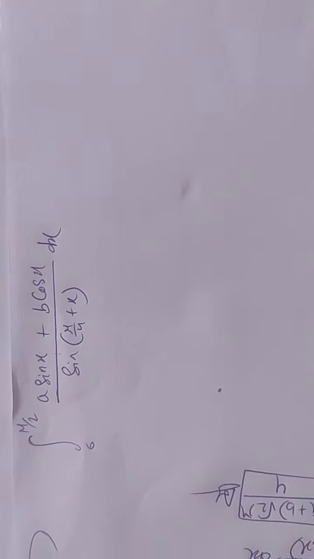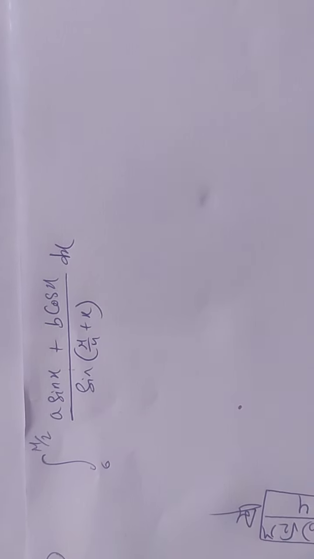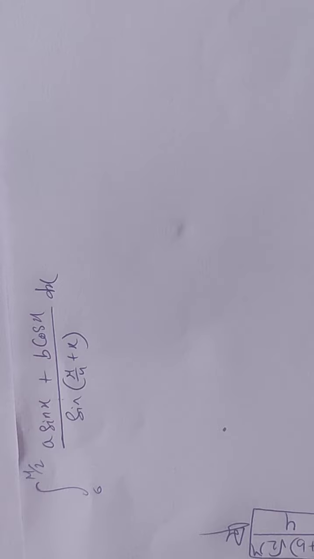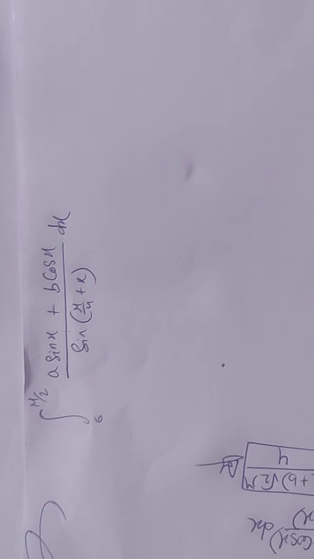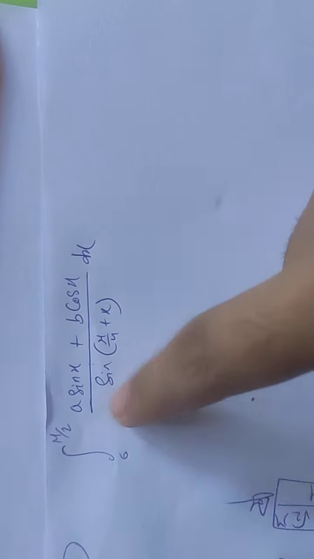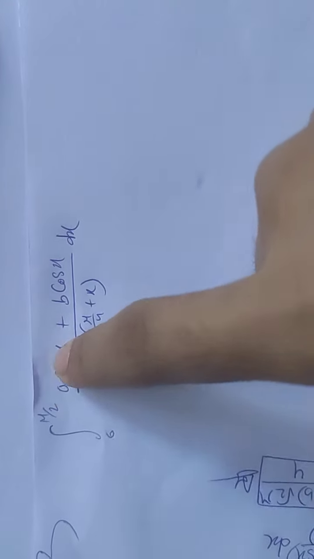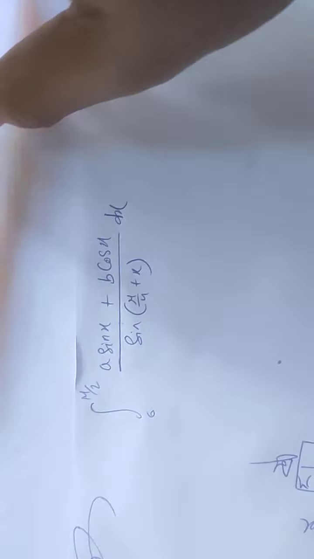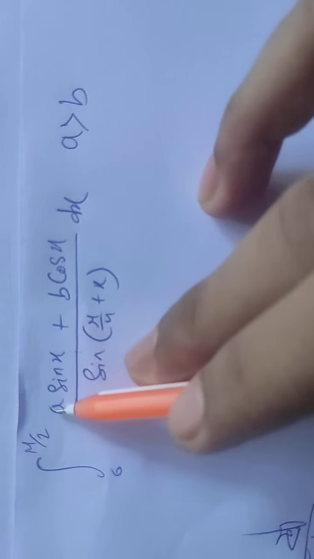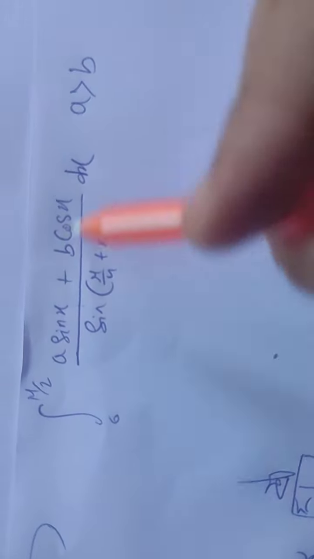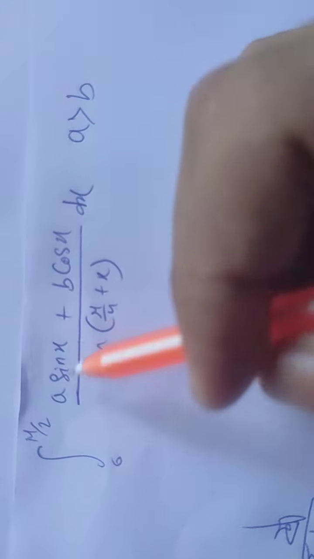So I have a tendency, when I see sin x plus cos x, to multiply and divide by root 2 in denominator and numerator, and convert it into root 2 sin(pi by 4 plus x), so it would have been cut, and the answer would have been root 2 if a and b are equal to 1. So what I did is I assumed a and b both are integers, and a is greater than b.